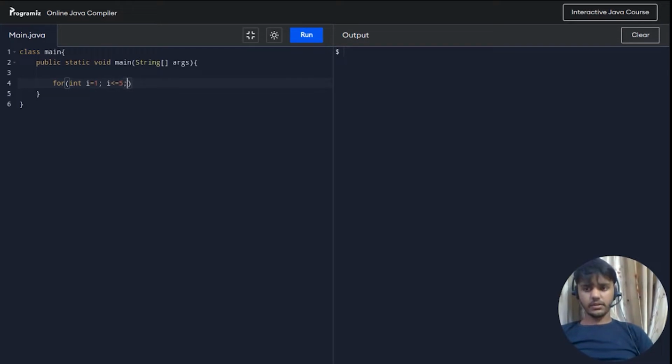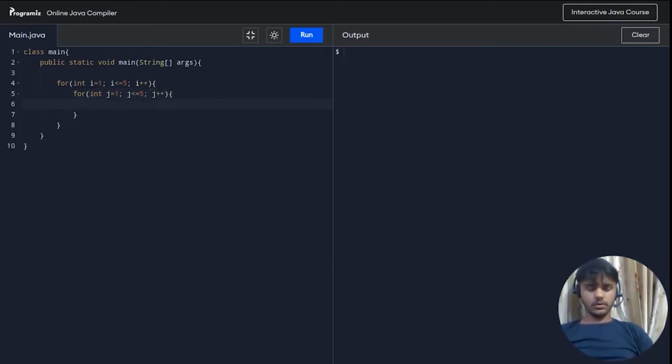I will explain everything, I will just show you the basic format first. And for j, int j is equal to 1, j less than or equal to 5, and j plus plus. Okay,